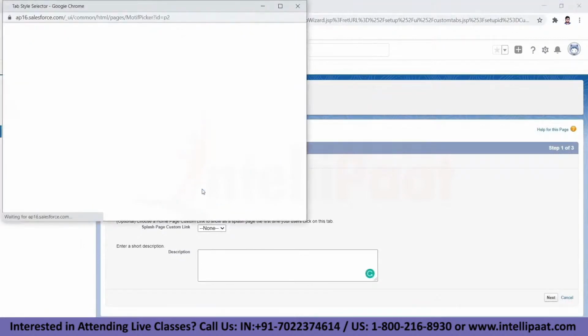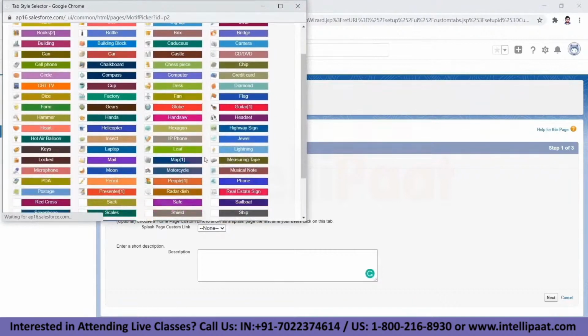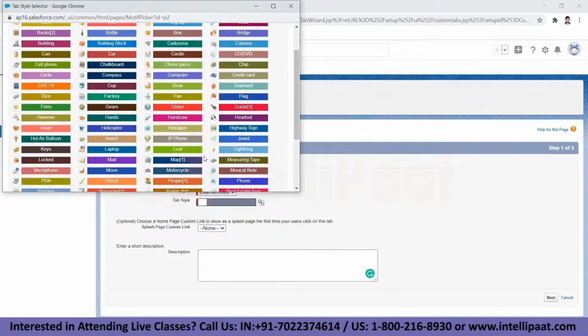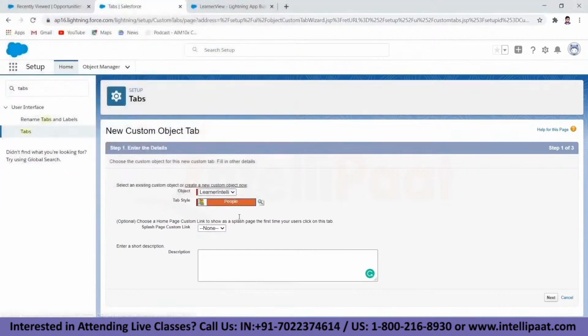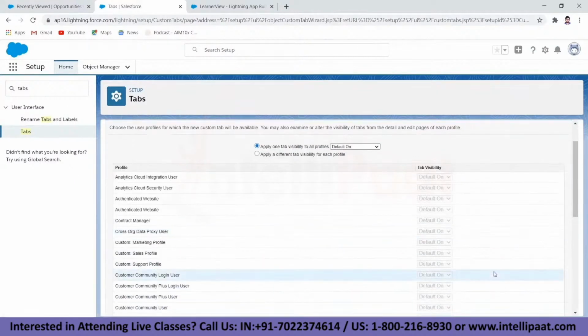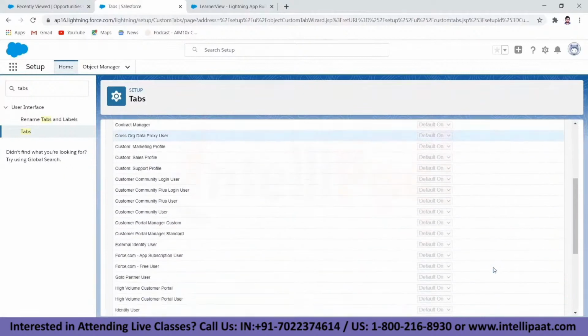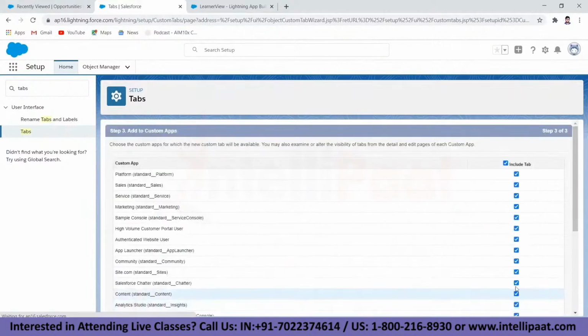You can select the tab style. There's a lot of different things that you can choose from. That will be the icon in front of that tab. Since this is about learners, we're choosing people in here, and you can have custom tabs, like learners information. So let's quickly click next, and these are again those security things. You can add the profiles who are going to be able to see it, but we are keeping the default settings so that we can get through with this.